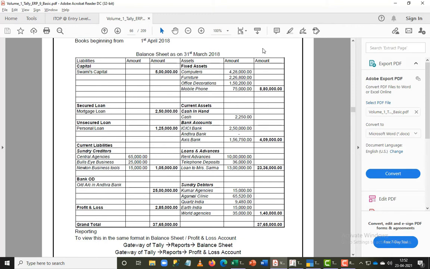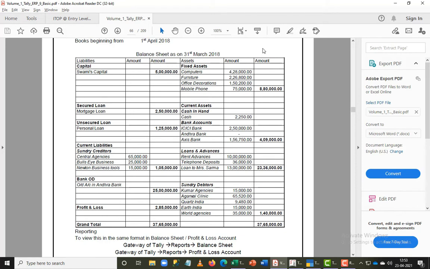My next ledger that comes in here is called Central Agency, with a value of 65,000 rupees in it. So now I'm having a small doubt about what group I have to put it under. I told you earlier in our previous screen that the subgroups of current liability are sundry creditor and bank overdraft. That's why it was mentioned in bold and italics. Probably the bank overdraft is not in italics at the moment.